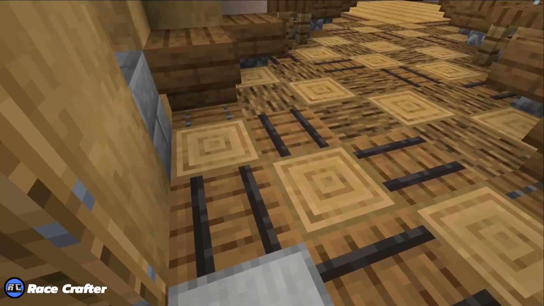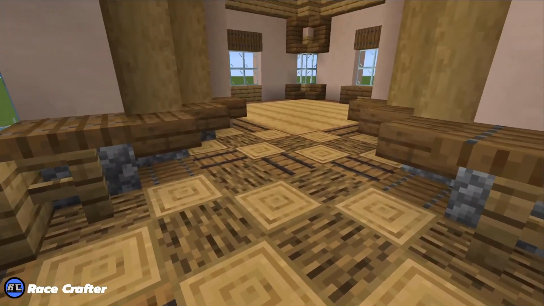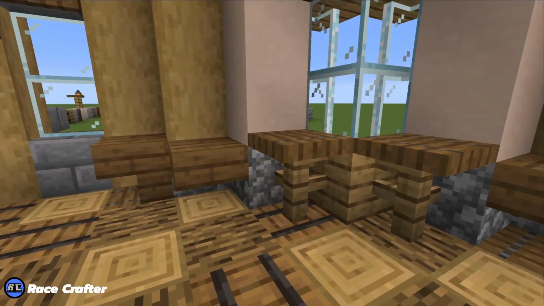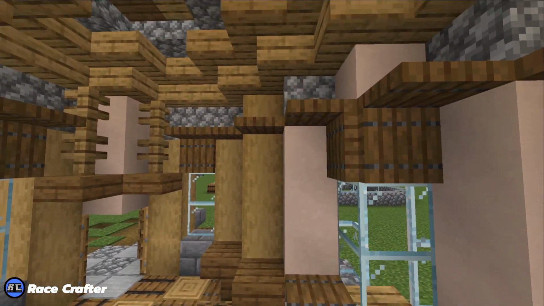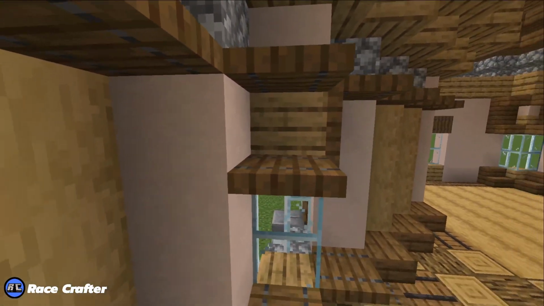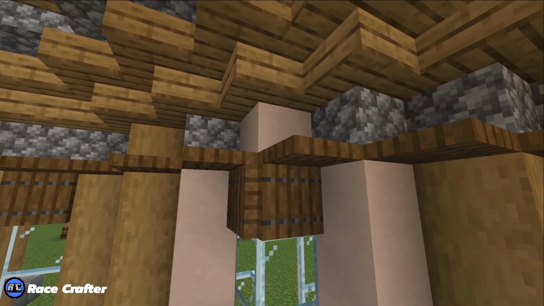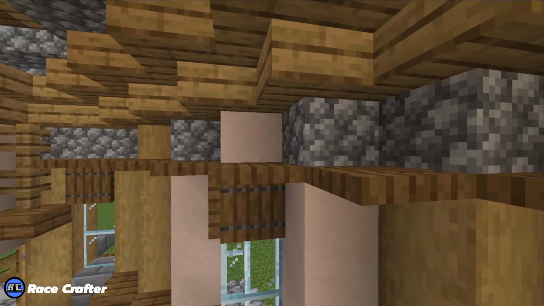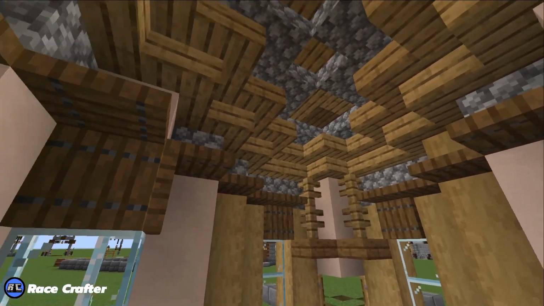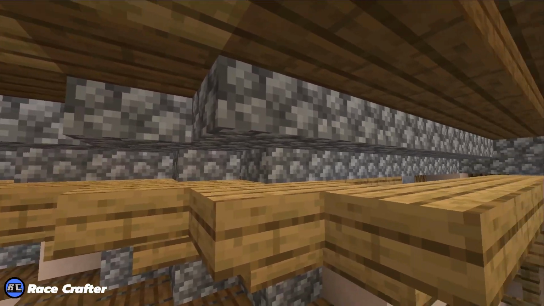And then on the inside, this is where I used the barrel for a pattern in the floor here, and using slabs and trapdoors to take away from those connected textures at the base, and again at the top here using trapdoors. These trapdoors hide the connected texture of those wood planks there, and even though they're thin, they give just enough of a reveal and enough thickness to create the interest. And again with the stairs along the ceiling point here, and leaving a space here,